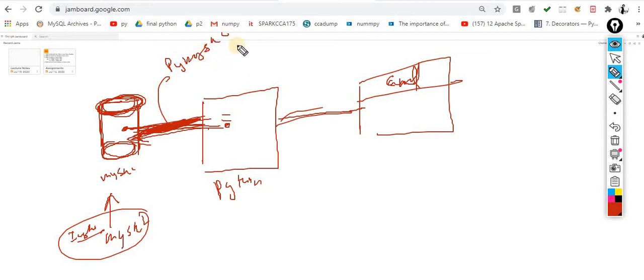It is a module that we install, because with the help of this module it gives you the feature to connect. This one is a different software, and this one is a different software. So I am connecting these two different software with the help of PyMySQL, which gives you the feature to connect with MySQL, as we saw.